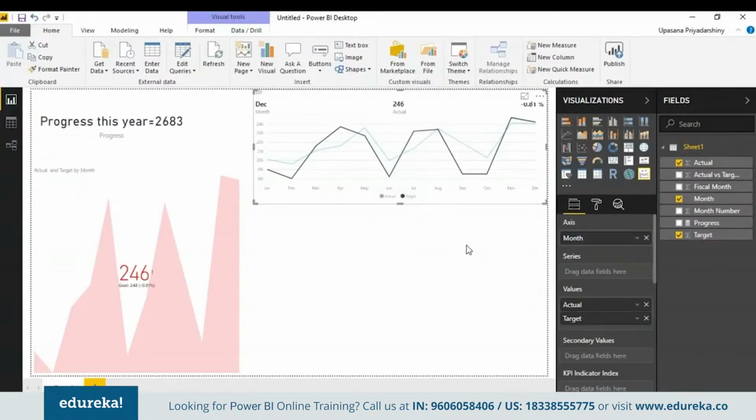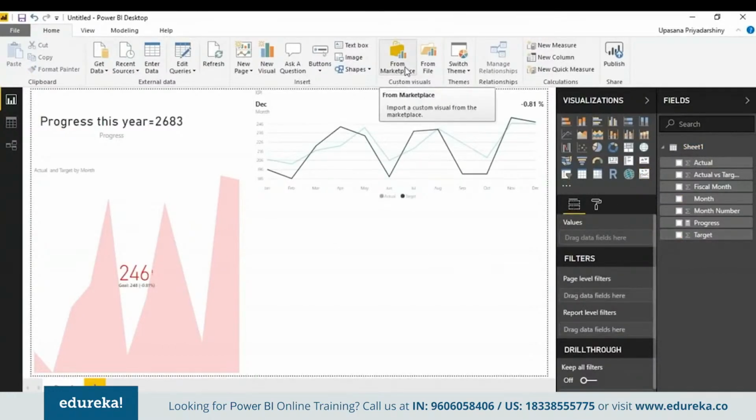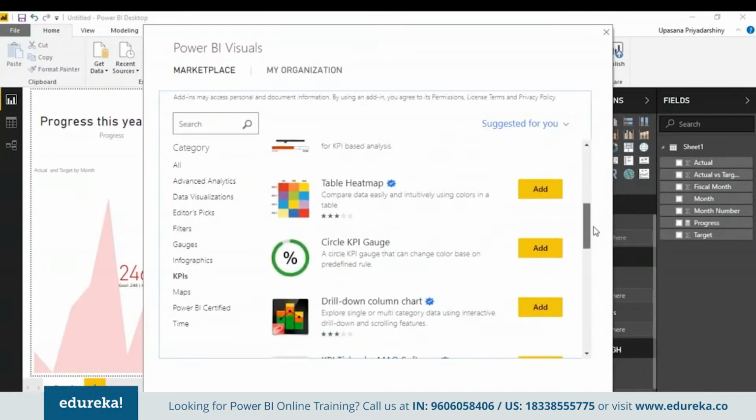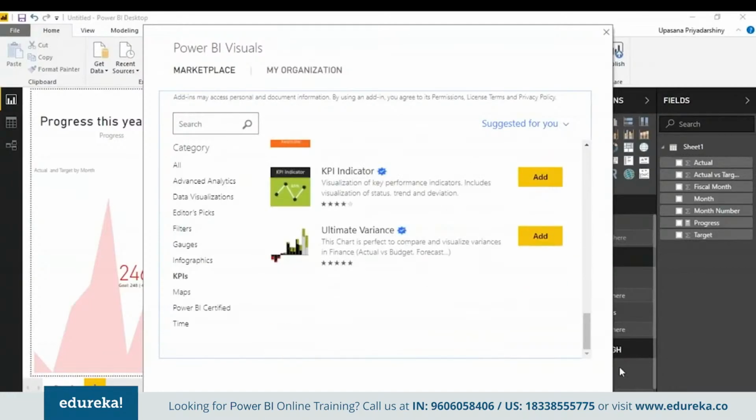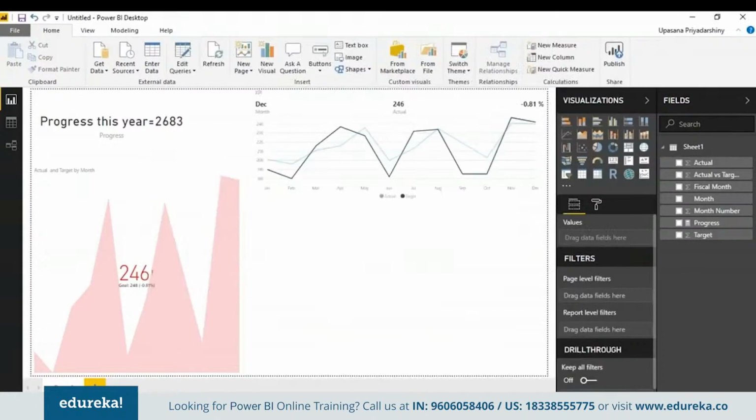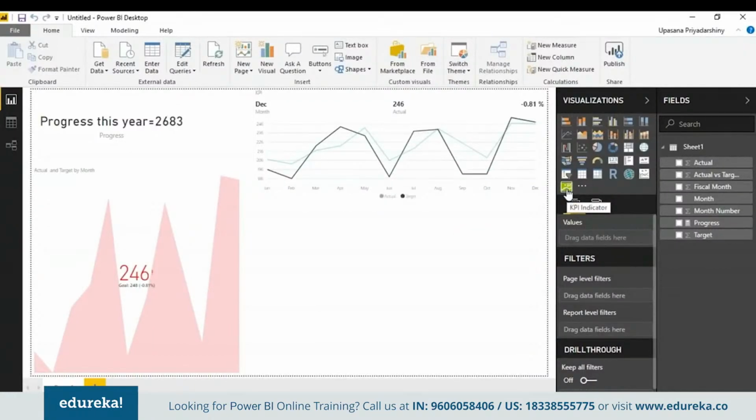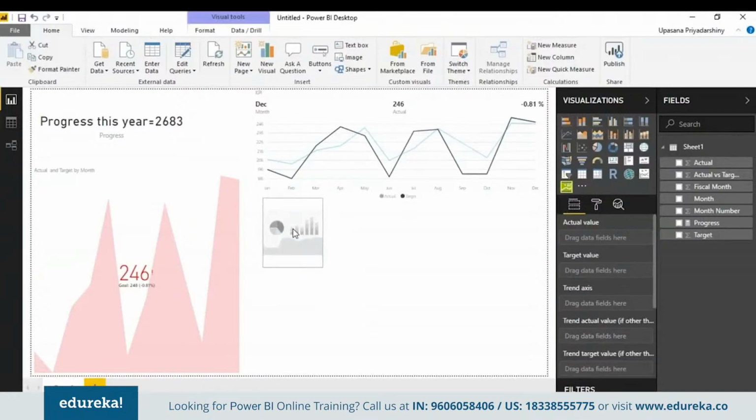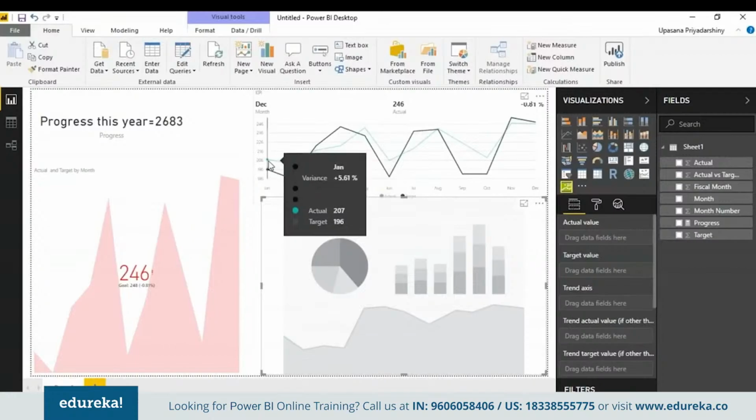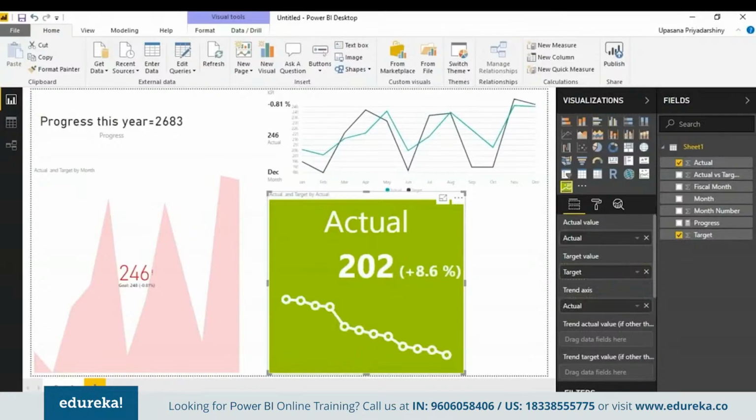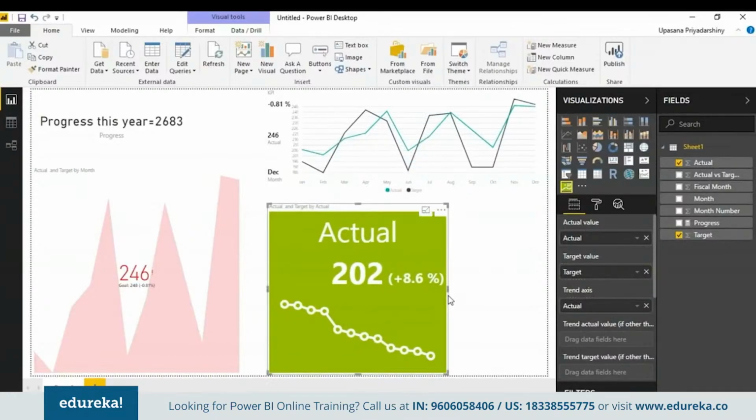Another thing you can do is you can actually get a custom KPI from the marketplace again. You can just go to the KPI option. Right at the bottom somewhere, you will have something called the KPI indicator. It'll take some time to load. You can also use this like any other visualization on your visualization pane, like so. You can use it like you use any other KPI tool here. As you can see, this has vibrant colors and it shows the graph in a really nice way with these